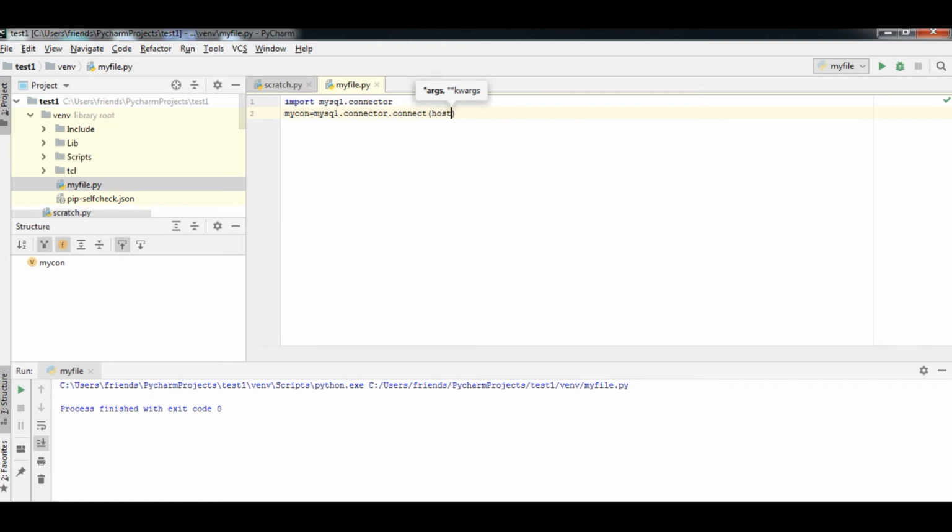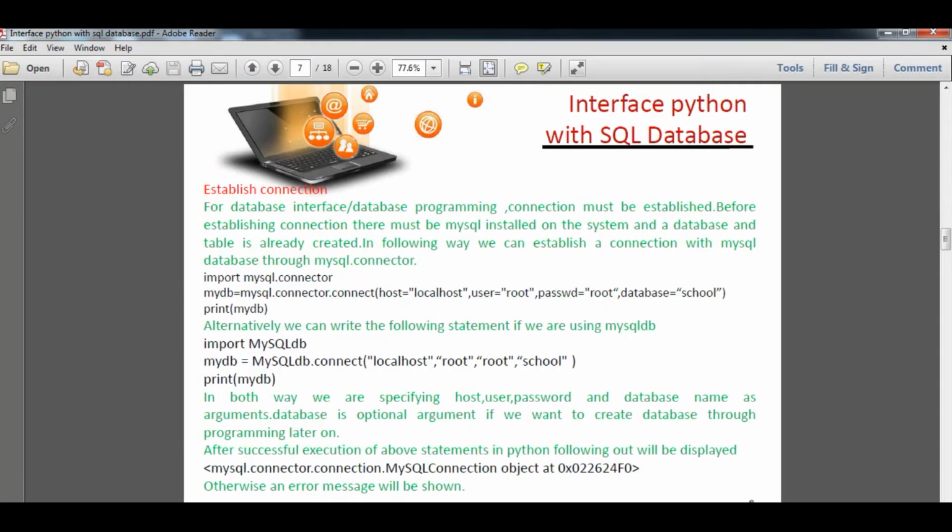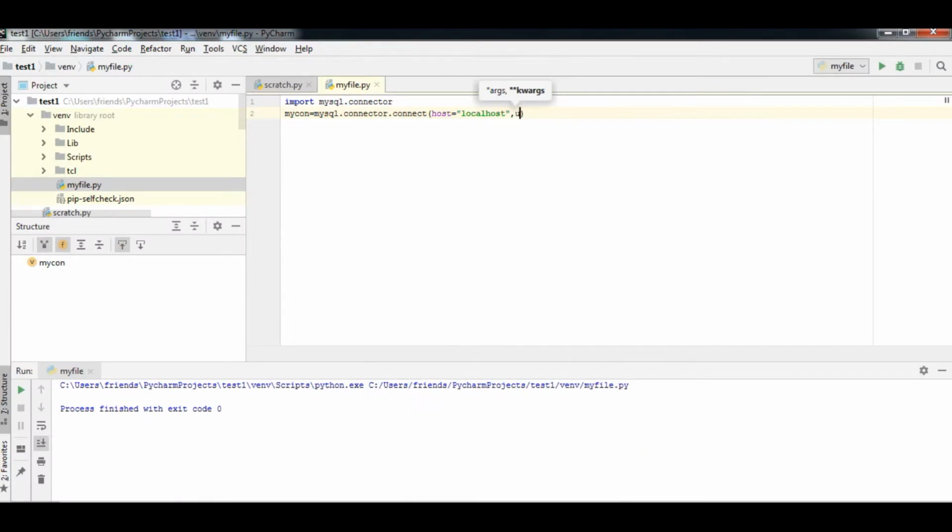The first argument is host. Here host is localhost. You can type an IP address here also if the database is installed on another computer, which should be in a network. Then the next thing is user, because as we know the user by default is root, and you will type the password here.